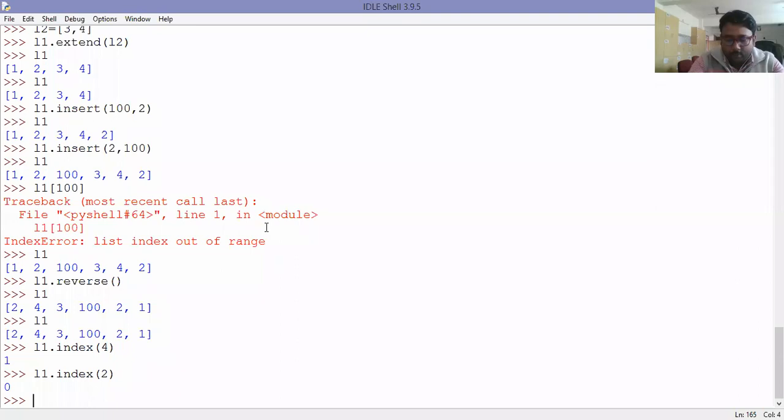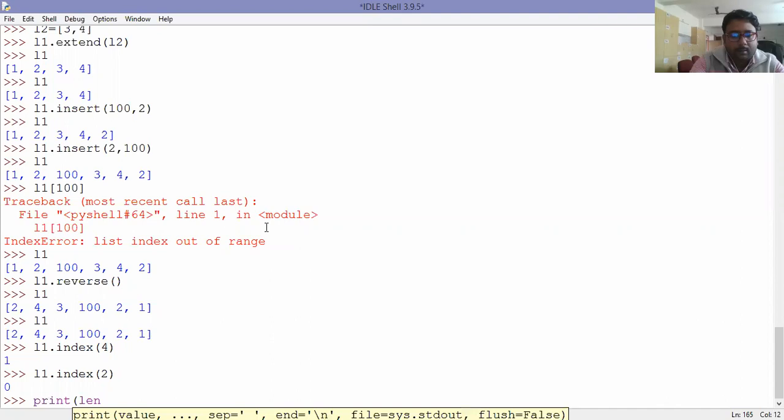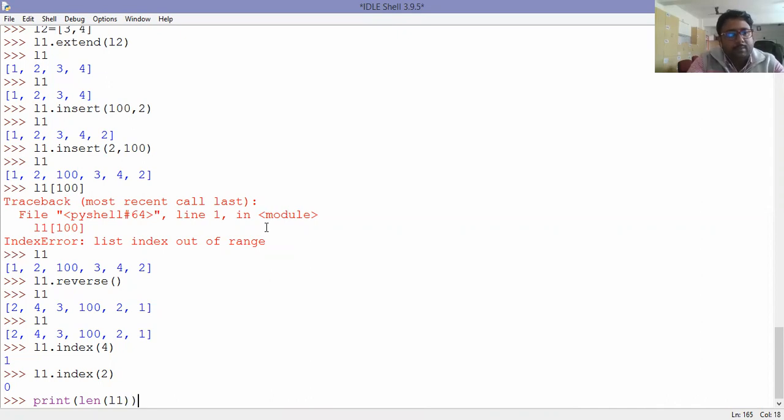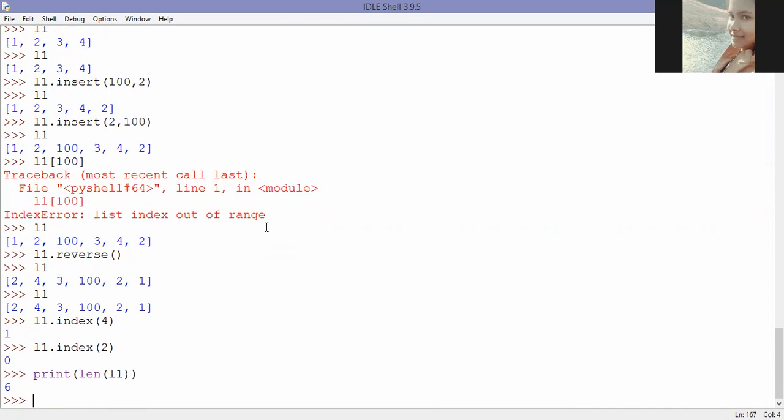So if I want to check the length of the list, print length of L1. What is the length of the L1 list? 6. 1, 2, 3, 4, 5, 6. Correct. So this is the way to print the length of the list.